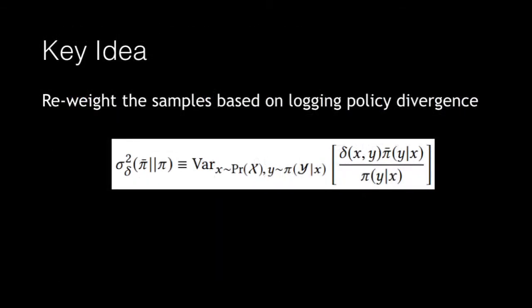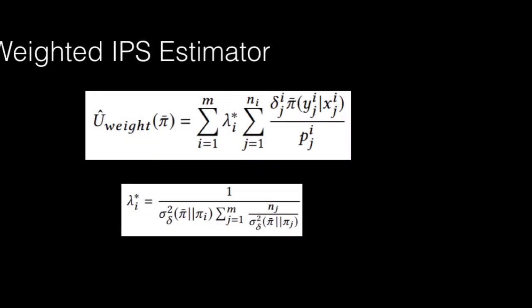The key insight is to reweight the samples based on how much their logging policy diverges from the target policy. Intuitively, the high variance samples are downweighted to preserve the signal from the low variance samples. This led us to formulate the Weighted IPS Estimator, which is guaranteed to have lower variance than the Naïve IPS